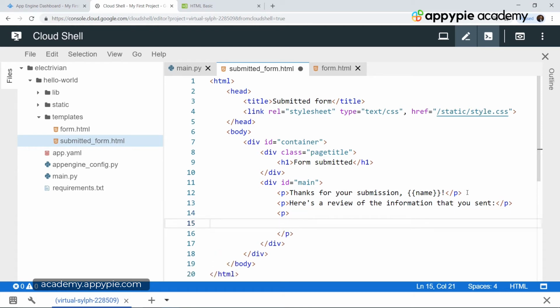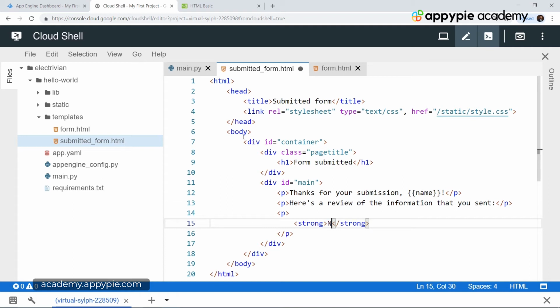And now inside this paragraph tag, we have to display all of the data which the user has entered one by one. First of all, we are going to use the strong tag, and strong is just a way of making the text entered inside the strong tag bold. So we have a strong tag, and then we also have a /strong tag. Any text entered in between these tags is bold.